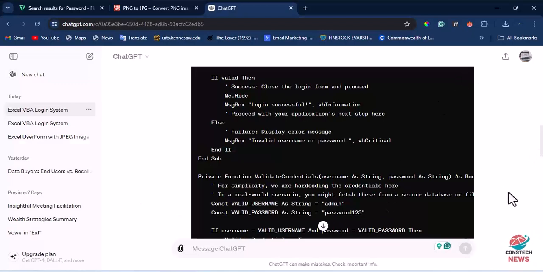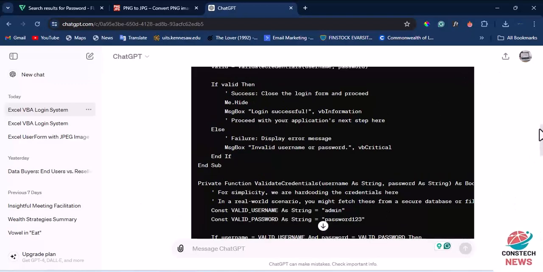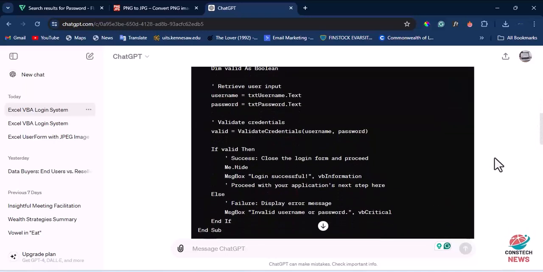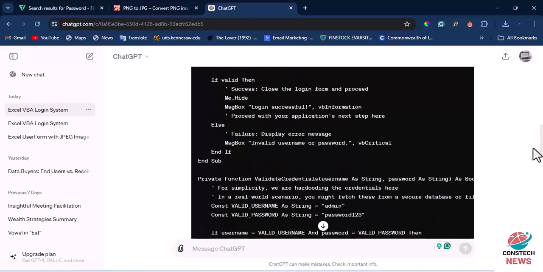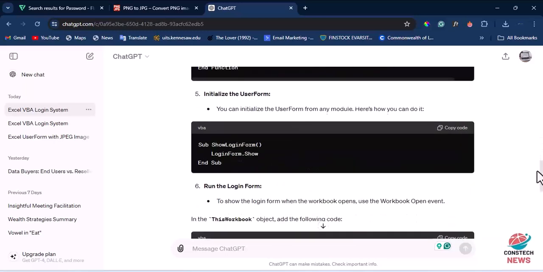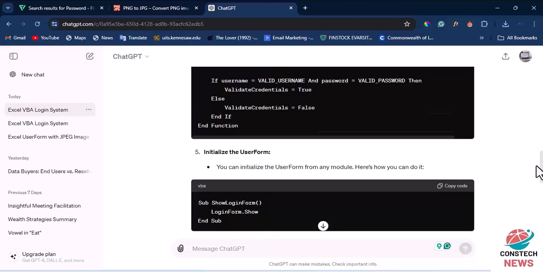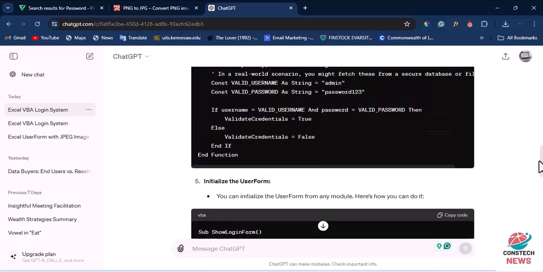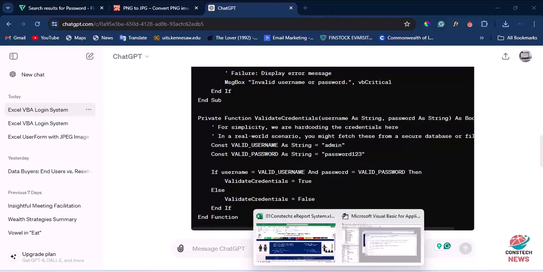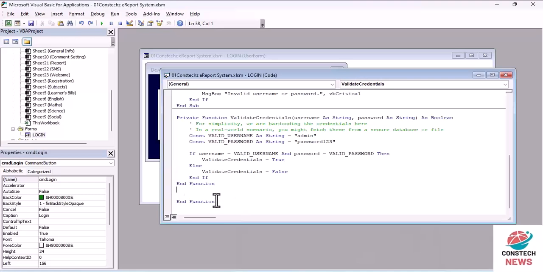I want to check something here. Because we have given it a particular name, so end of function. So the function is one, end of function. Okay, so we have only one end of sub, end of function. Let's go to our code. So we'll delete this one, end of function. You only need one,